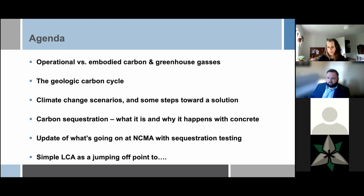So I find it helpful to talk about the role that carbon plays in the big picture of the Earth's natural cycles. It helps to make sense of the concept of carbon sequestration, which we're going to get to later in the presentation. So we're going to look at some climate change scenarios and some steps towards the solution. I find it very effective to talk about some of these scenarios that scientists are currently talking about. It helps to set the framework of how important this work is and how seriously we're taking it, as a